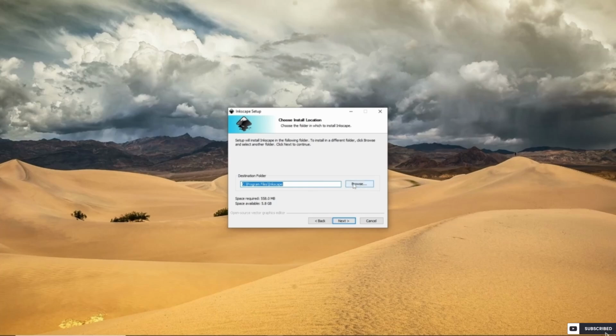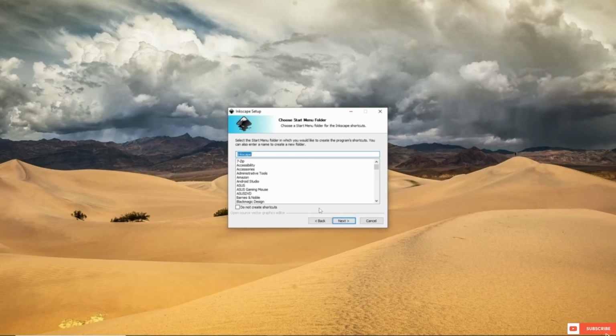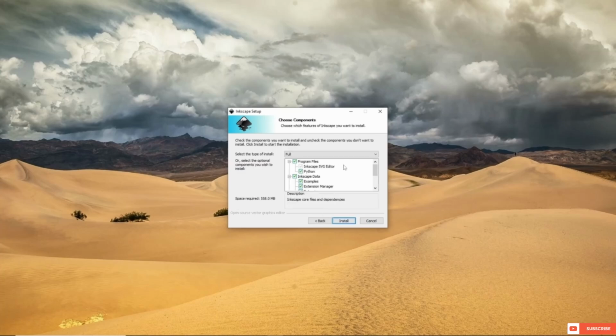Next we can choose where we want to save Inkscape. Then we can choose whether or not to create a Start menu folder for Inkscape. And finally we can choose which components of Inkscape we want to install. Unless you're very familiar with all of this already, I recommend just leaving it on the full installation for this